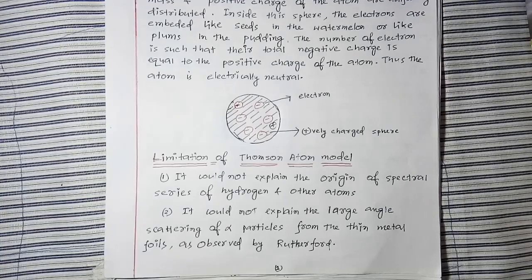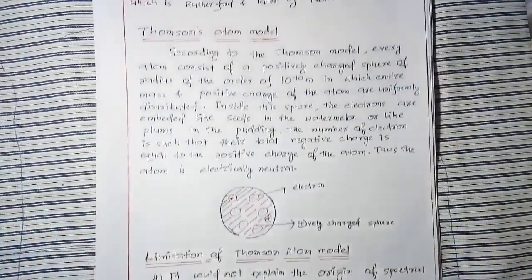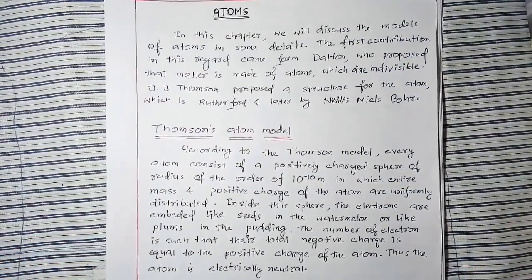And the outcome we have in case of the Rutherford model that we will get next, that outcome could not be explained with the help of what? With the help of the J.J. Thomson model, right? So what I told you, that the first contribution